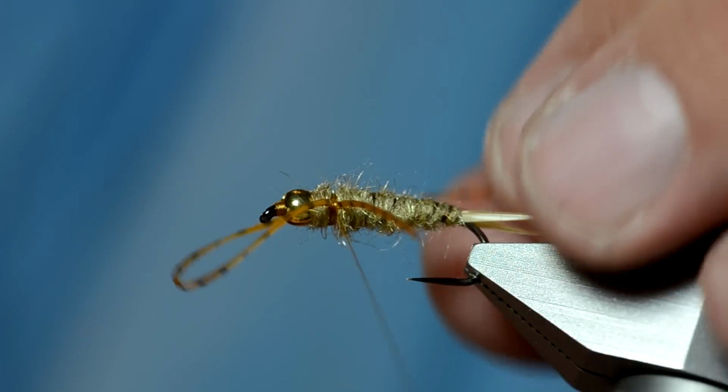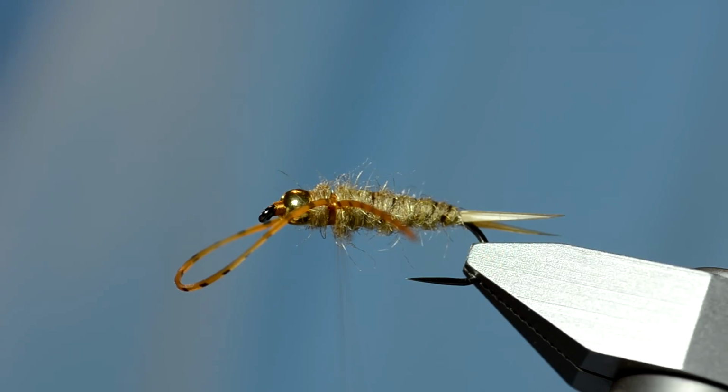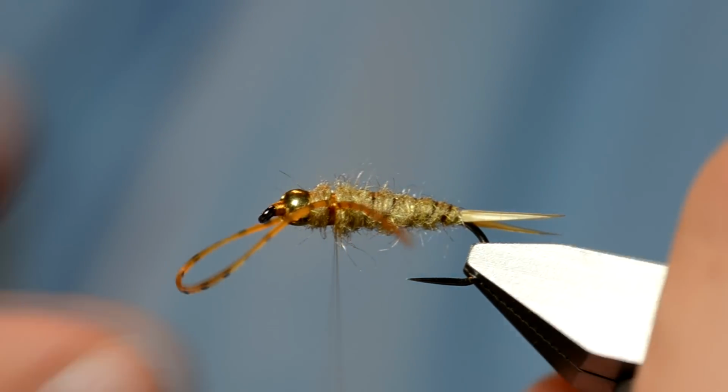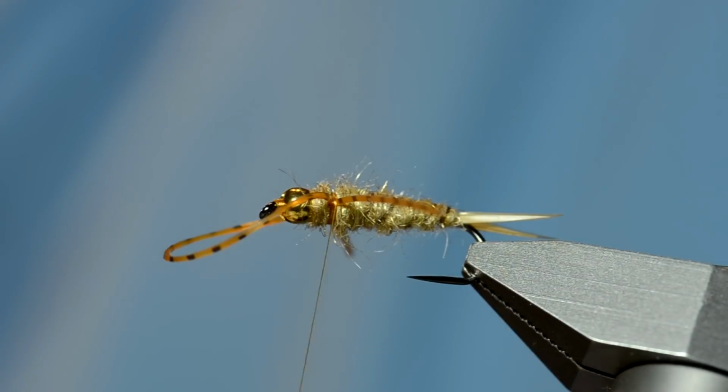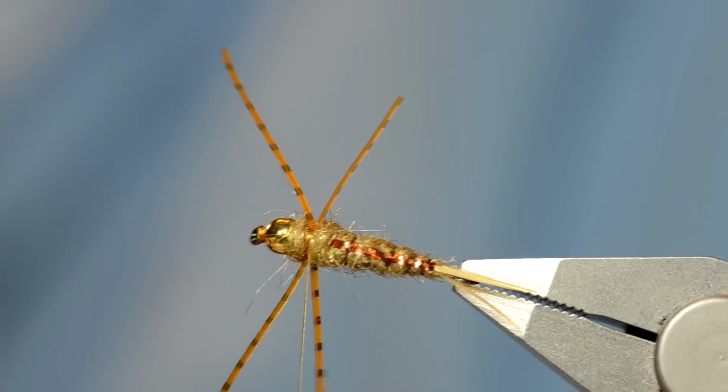So there you've got all 4 rubber legs tied in. And the other advantage of doing it this way is sometimes when you tie rubber legs in on a nymph, they're not going to come off at the correct angle. So if you see, as I cut this, they look pretty good, but if I now